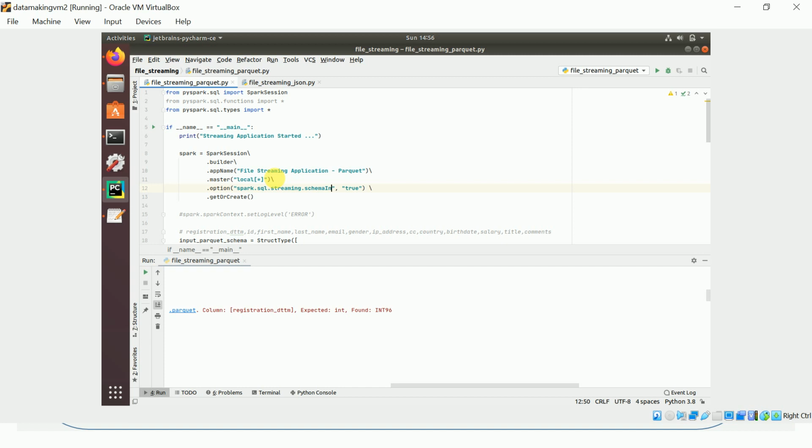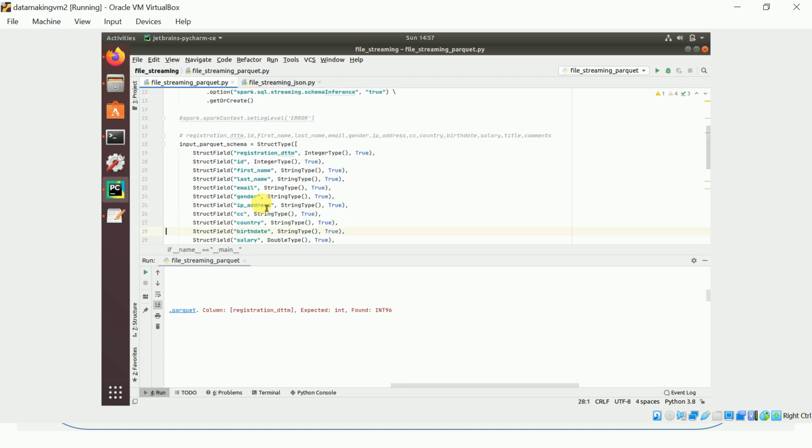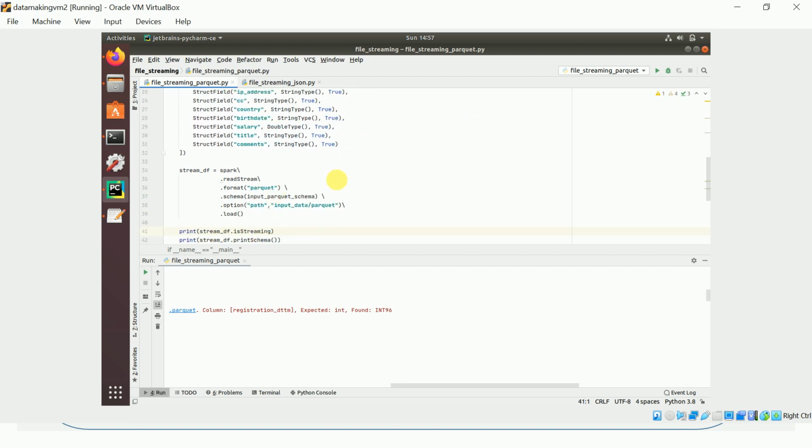So we'll say that and we'll just run it. We'll remove the schema here. Just cut this. Okay, I will just delete this.